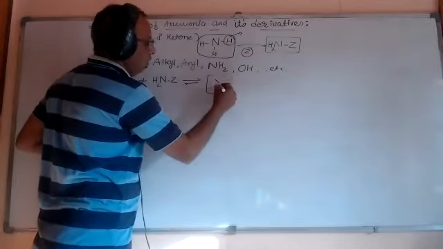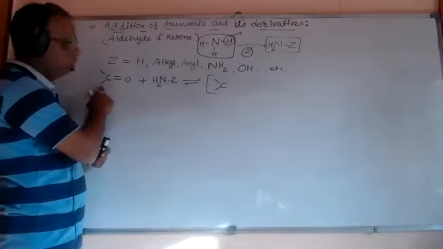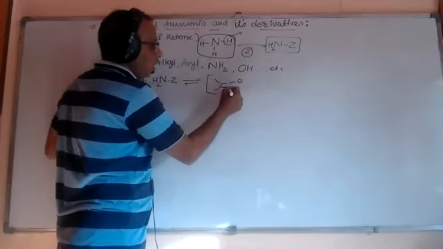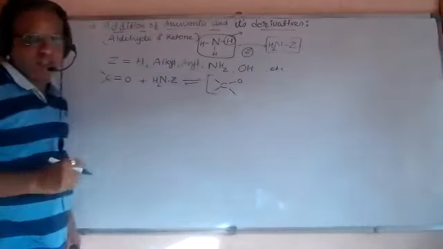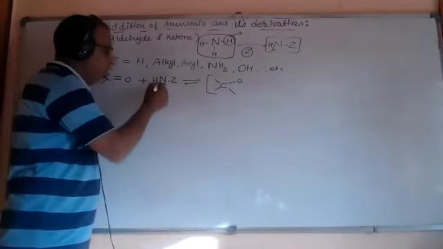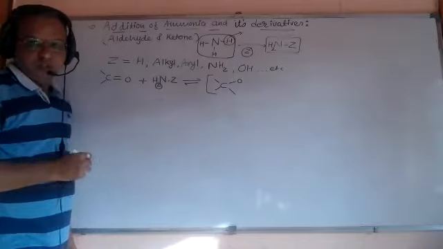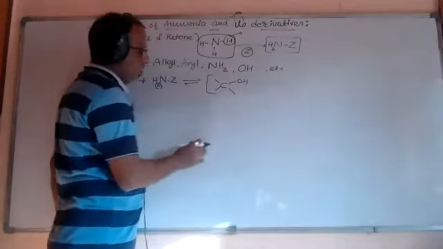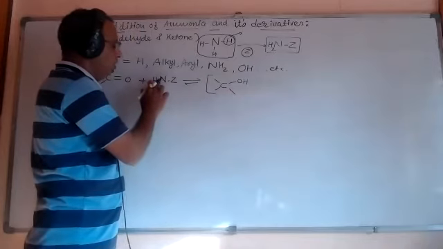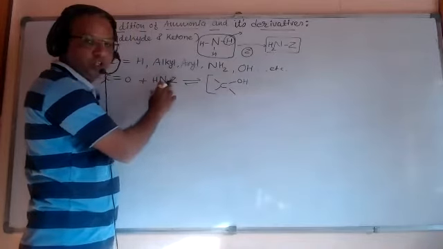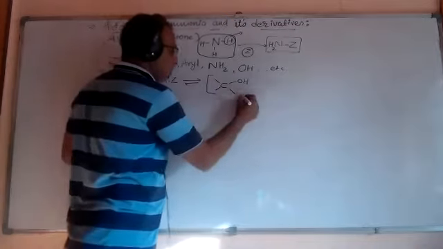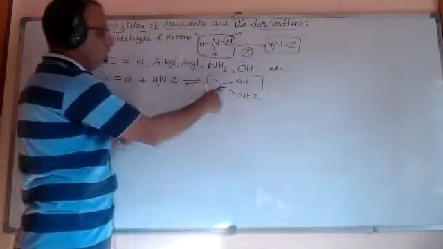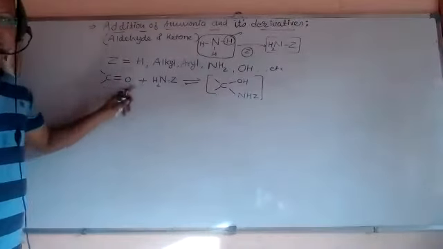Please look at here carefully. This is unchanged. This is the double bond with oxygen. It will break down into a single bond with oxygen. And one hydrogen, friends, from here will move to the oxygen. So what is left here? Here we will have NHZ. So this is NHZ added to the extra bond of oxygen here.